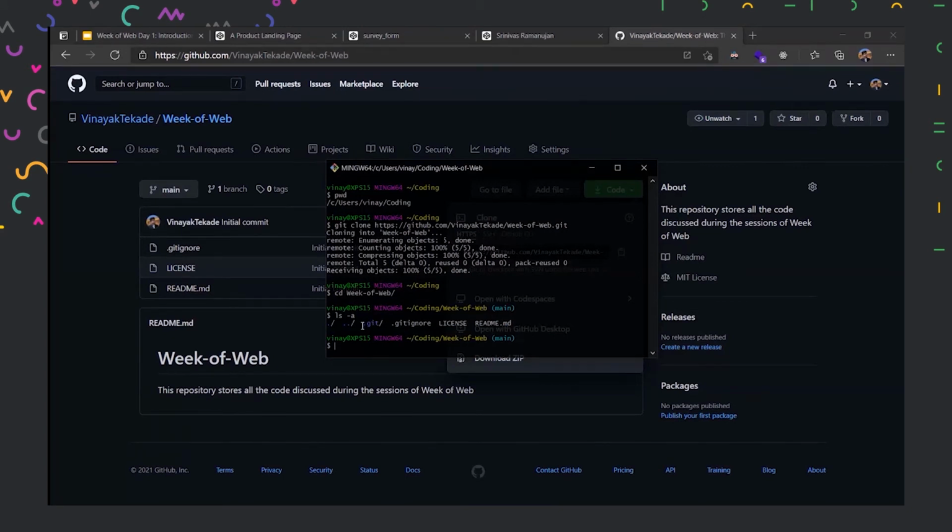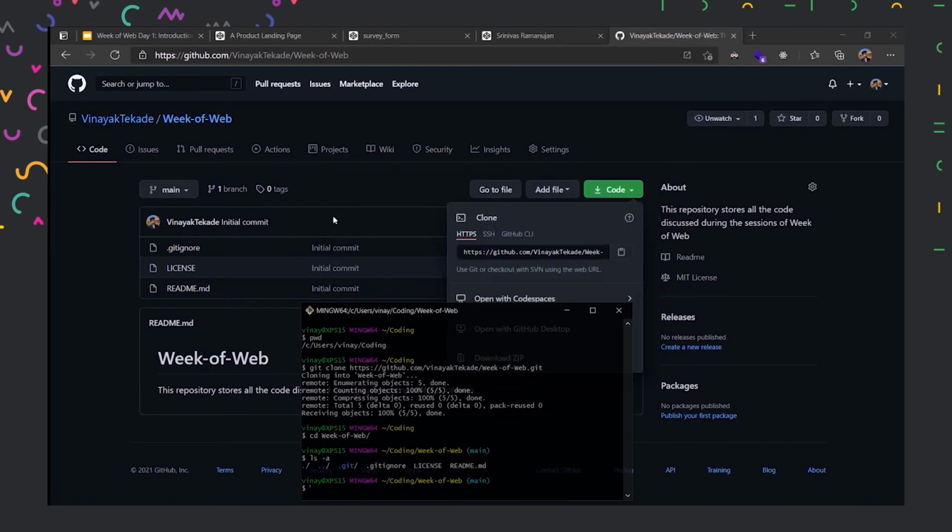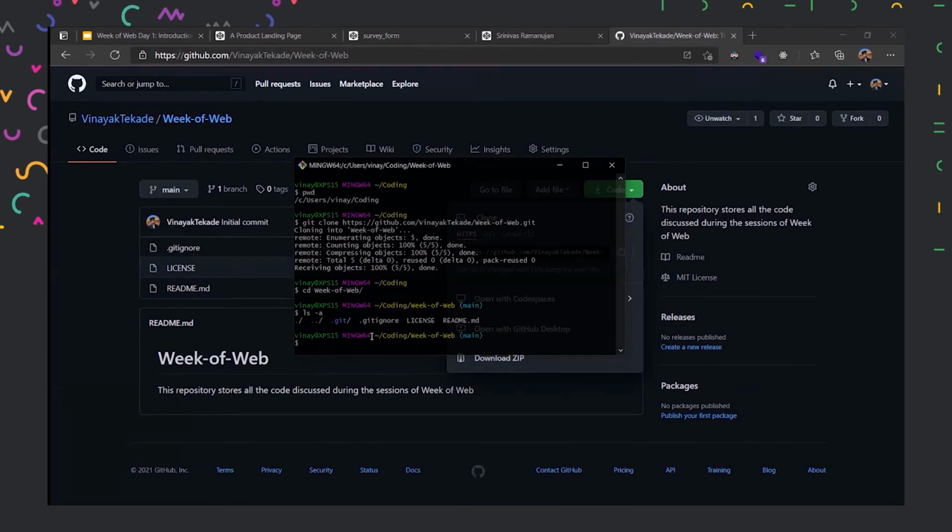So this .git folder has all the configuration files needed, which actually keep track of all the changes you're making to your files, and the software for that, where it actually compares all the code and checks where to push the code, where to upload the code. Since we have downloaded our code from here, if you are writing another code and we want to push it to our GitHub repository, all those configurations will be stored in this .git folder.